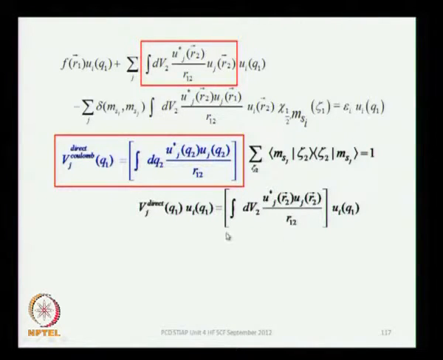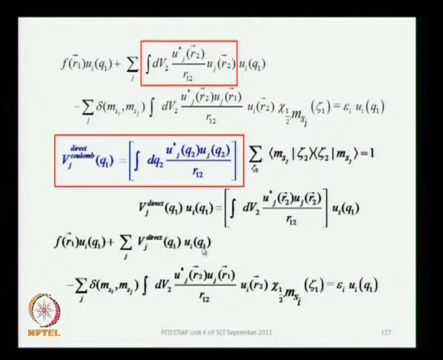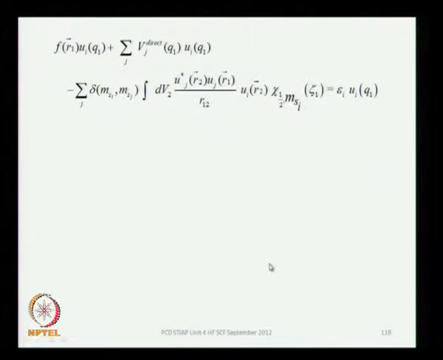So, this is the direct part, and using this direct part, this term can now be written in terms of this Coulomb operator, which is the V j direct. All the other terms have been written just as they were. The only difference I have made over here is to this term, which has now been written in terms of this V j, and then there is a summation over j that we will maintain. Let us bring it to the top of the next slide,